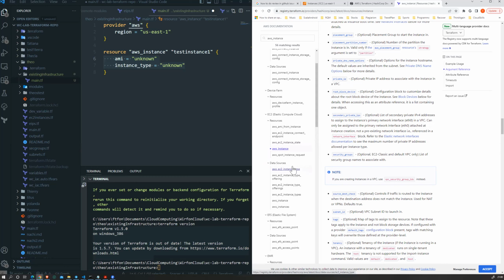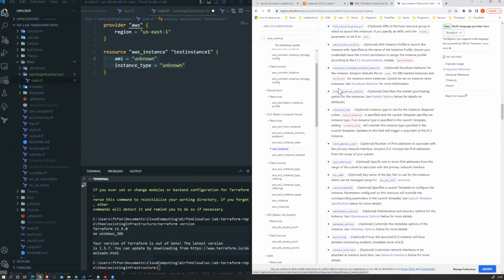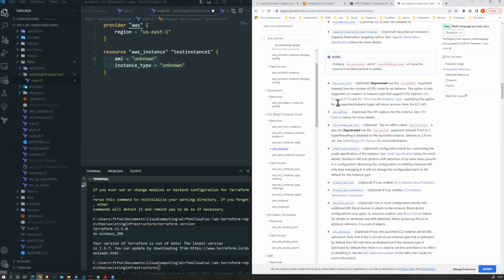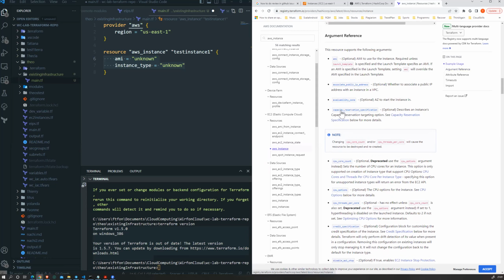What about the VPC option too? By default, it will go to the default VPC. Okay. So I was thinking that those ones are required, but see AMI now is also